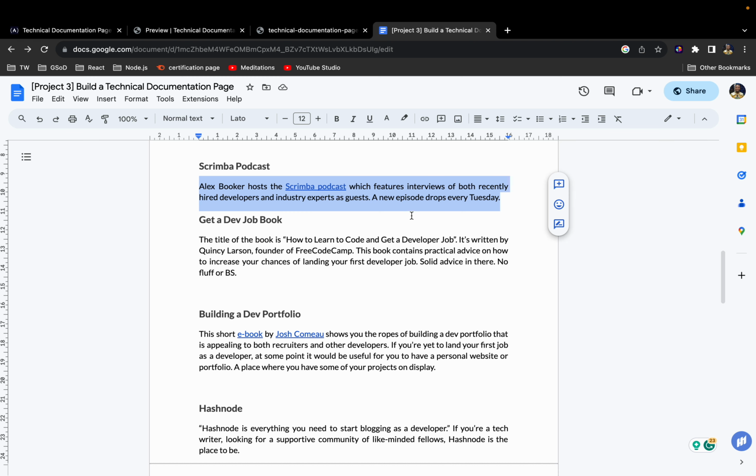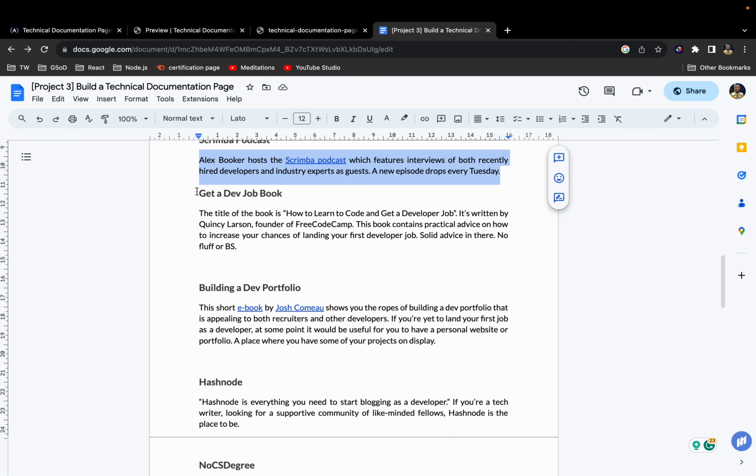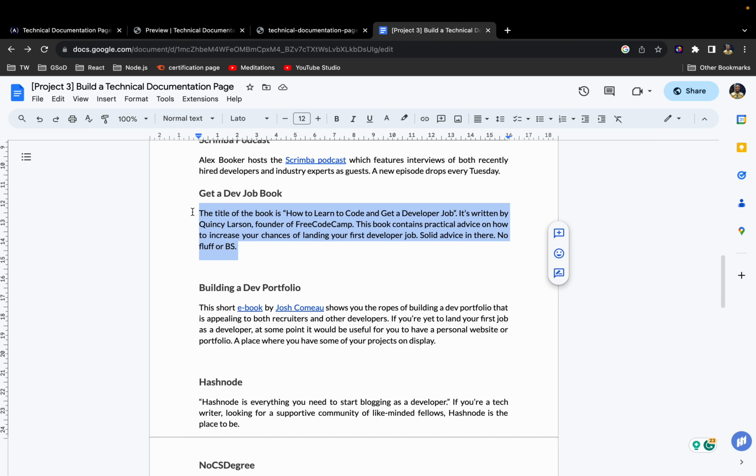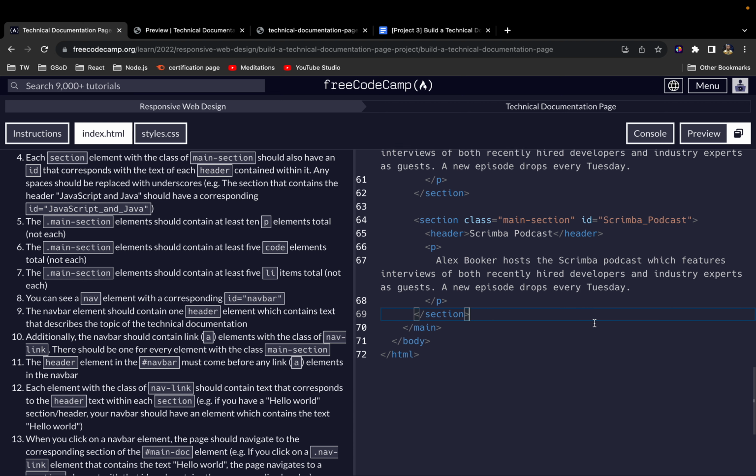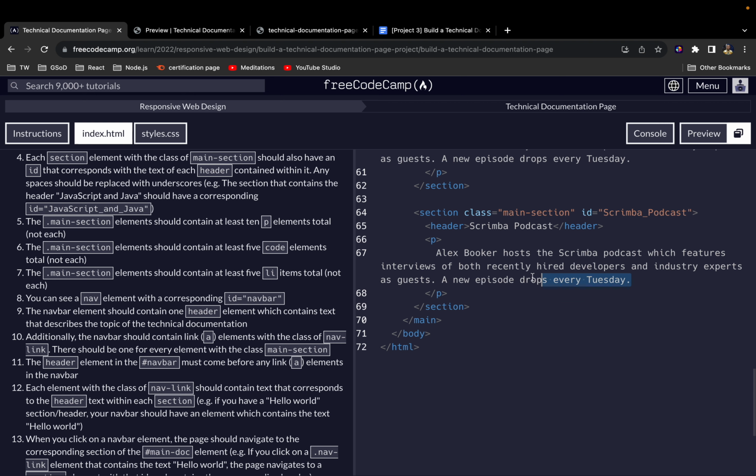Okay, so the next thing is this book, How to Learn to Code and Get a Developer Job. It's a book by Quincy Larson, the founder of FreeCodeCamp. So what I'm going to do is, again, I'm going to copy this. I'm copying and pasting so that it will move fast. So I just copy this and then